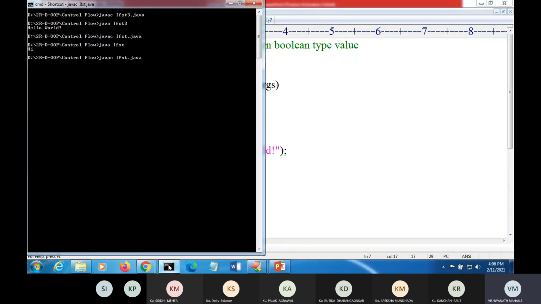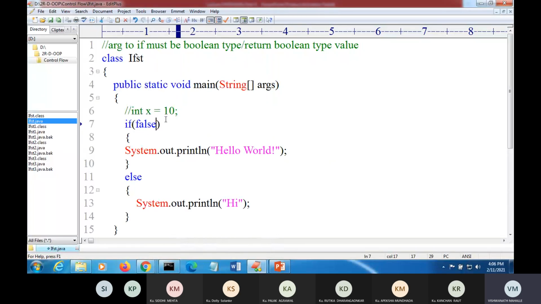It compiles successfully, and then we write java if.st. It displays the hi message because we have passed false. So if this returns false, then the statement within the else block will be executed.